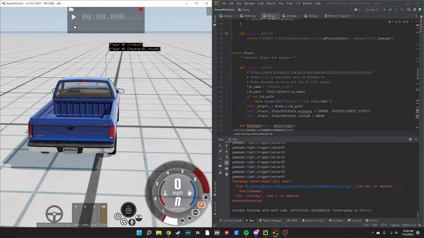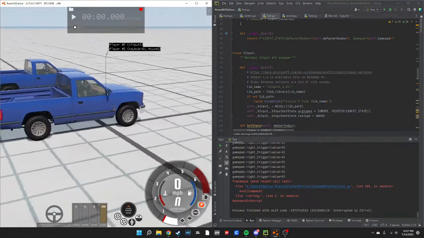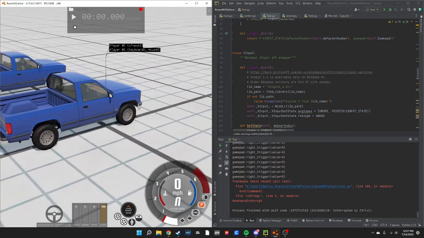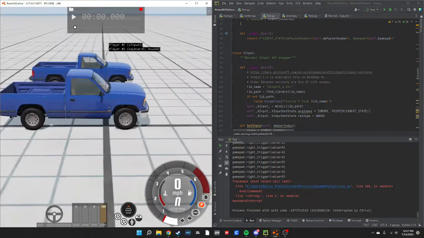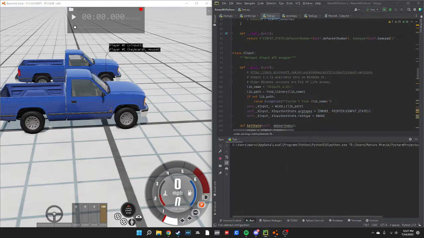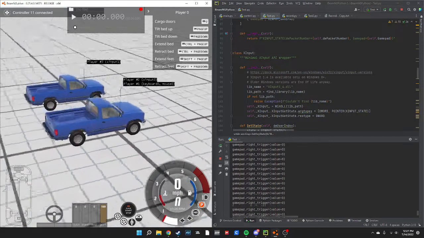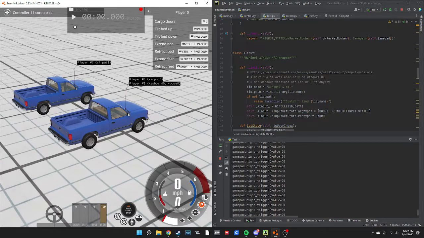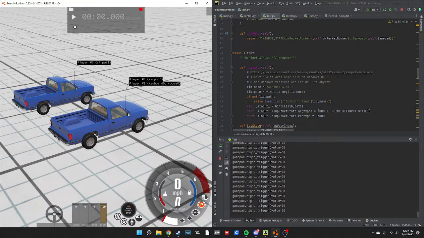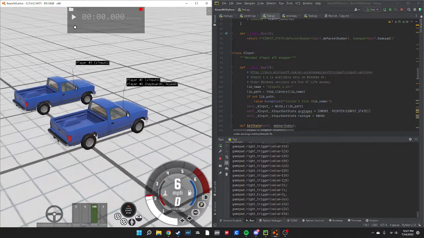Okay, so I've made a Python program that, well, technically I made two Python programs. The first one will record my Xbox controller and play it back through a second Xbox controller. And if I run that, I've got multi-seat enabled in BeamNG drive, and so when I control this truck here, this truck responds the same way, or close to the same way, in which the first one responds.